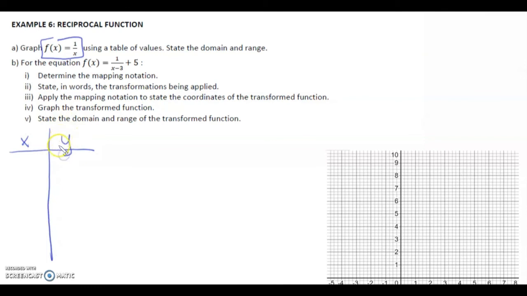Okay, so the only two values that I use are -1 and 1. So if we sub in -1, we'd have 1 over -1, which again would yield -1. And if we subbed in 1, we'd get 1 over 1, which would yield 1. Now the extension is that there is a horizontal asymptote